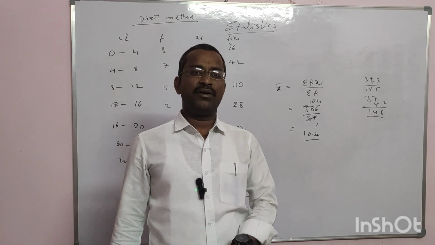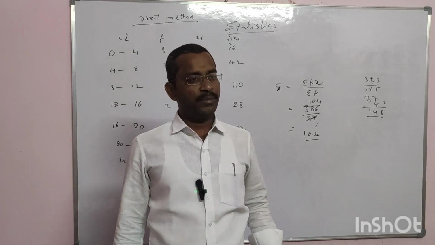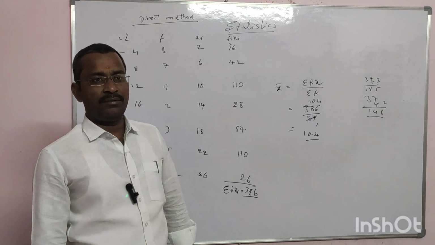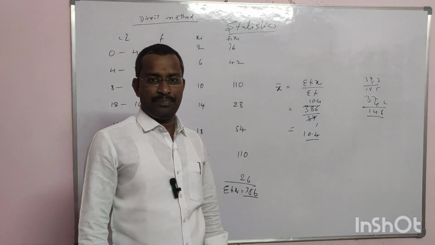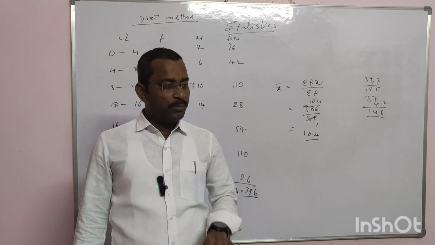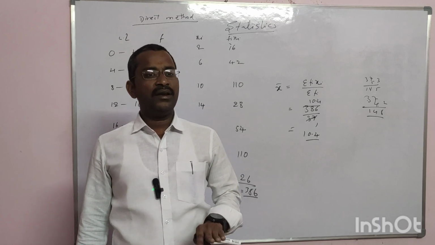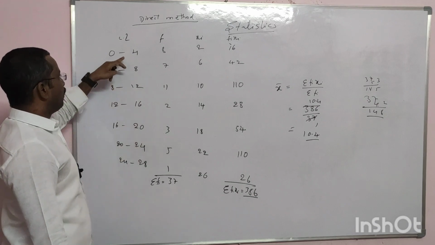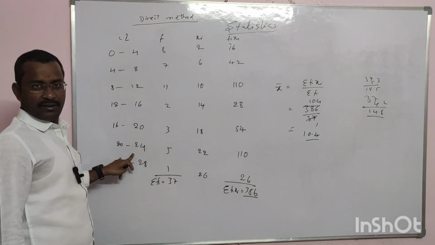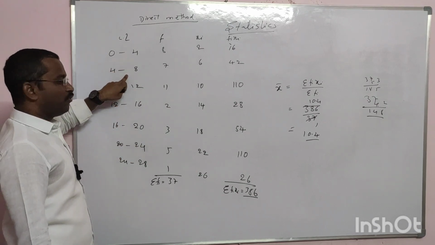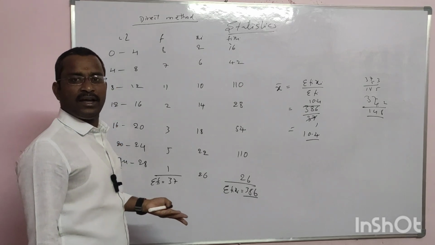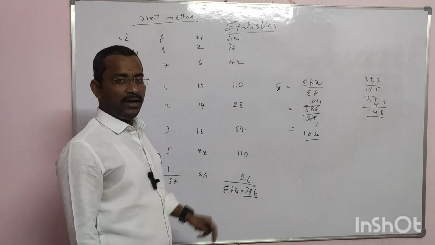I suggest, if no method is mentioned and the differences are the same, use the step deviation method. That's the easiest way. The direct method is helpful when the class differences are not fixed. Here everywhere you got a difference of 4, but sometimes you may get 4, 4, 10, 10, 15, 15, 20, 20,